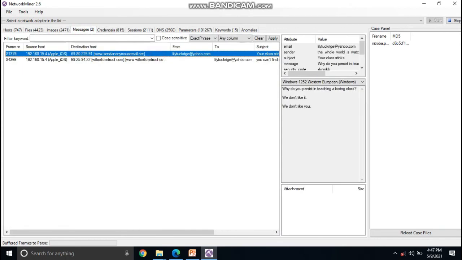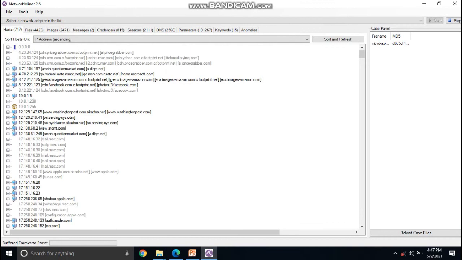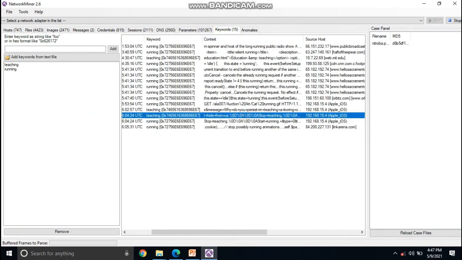So yeah, this is the messages section, which says "stop teaching and start writing". Now let's remove the keywords. From these keywords we got some information like the source IP address and its OS, which is Apple iOS.